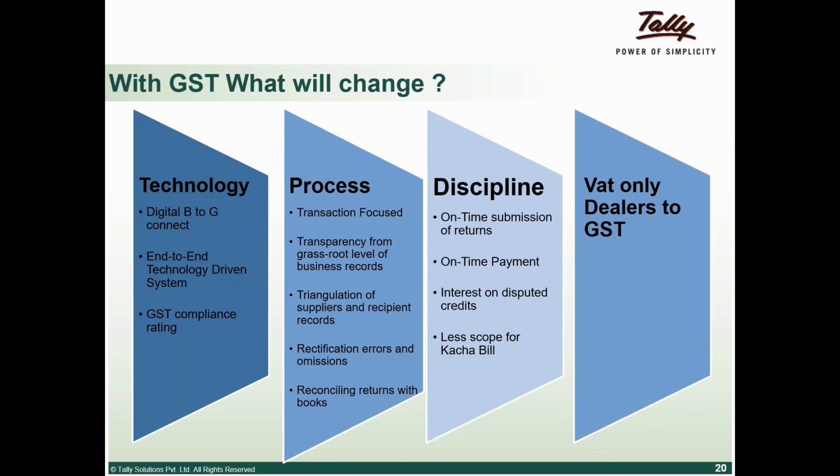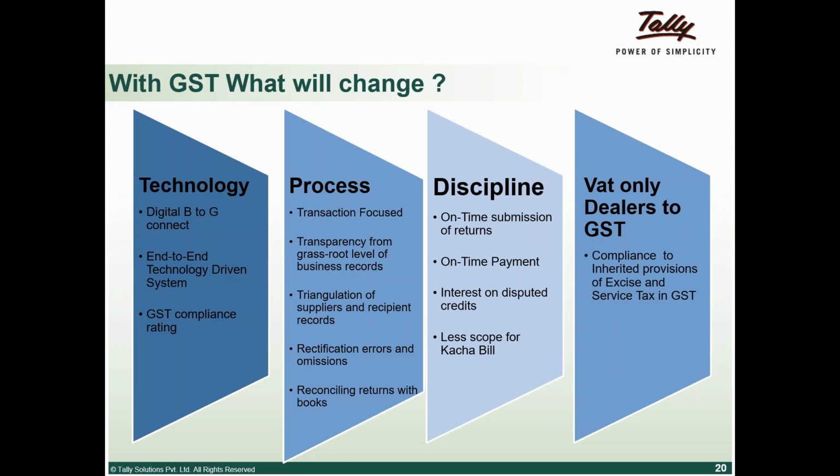And what is one major change that is going to happen for the VAT-only dealer? Like if you see, the VAT exemption limit is ranging between 5 to 25 lakhs across the country, right? And excise, the threshold limit being 1.5 crore. Even if I'm a manufacturer, if my annual turnover is less than 1.5 crore, I will not be registered under excise. But then if my turnover exceeds the threshold limit of any given state, then I will be a VAT dealer. Right. So today under GST, if you see, majority of the VAT dealers, right, will now get